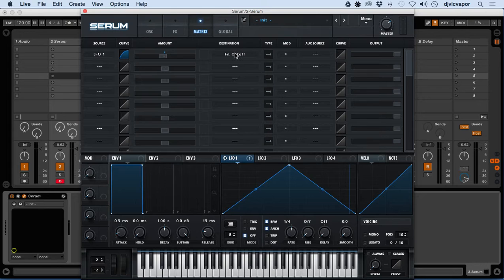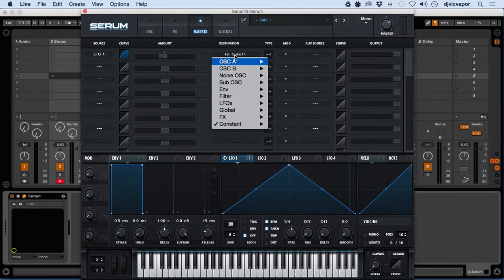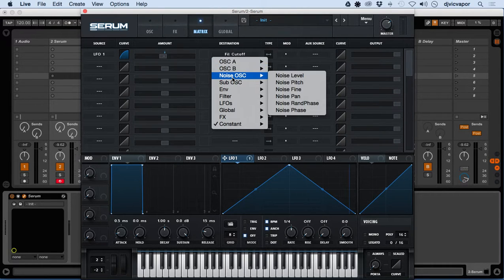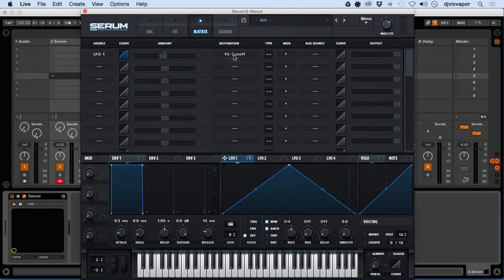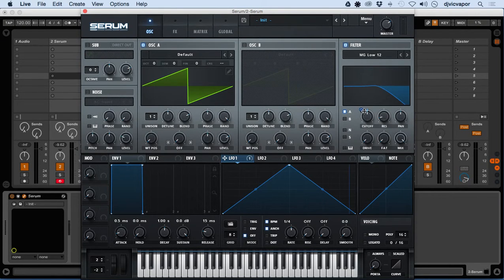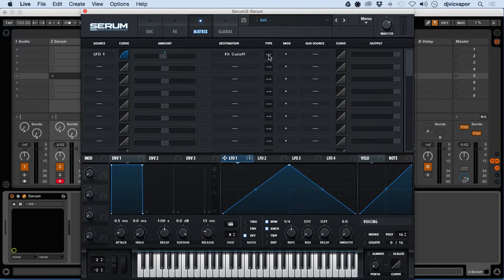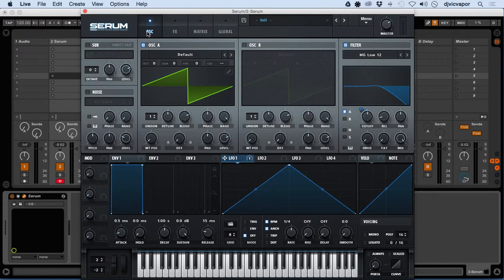Over here on the destination, we've got the filter cutoff, and if you click on it, you've got all the additional destination sources available to you right here. Type is referring to the amount of the bipolar, whether it's completely polar or bipolar. That's what the amount is referring to. So if you see how that changes here,